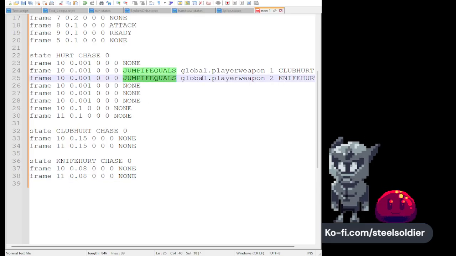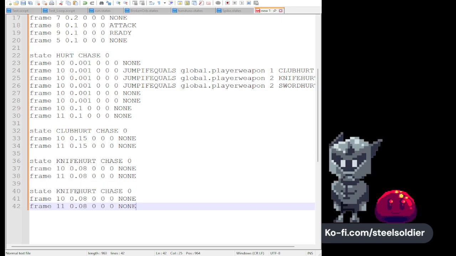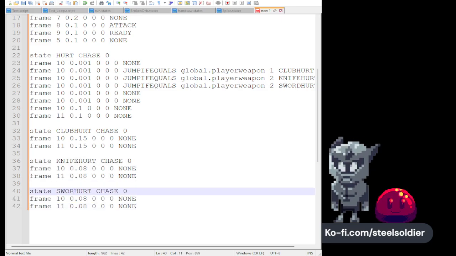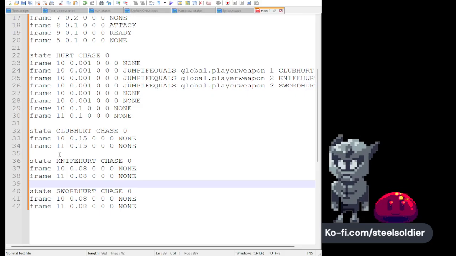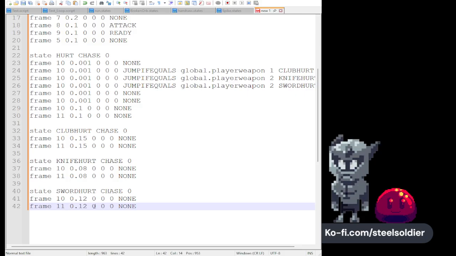If you added another weapon, let's say, let's have a sword here. Maybe the sword wouldn't hit as long. Or maybe it would hit between like the club and the knife in terms of the stun. So this is kind of what I do with the state hurts. I think of it as a way to change the amount of frames or durations of the frames that the enemy needs to cycle through before they are capable of